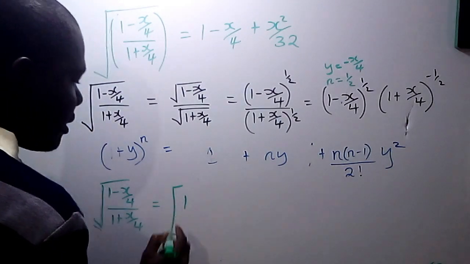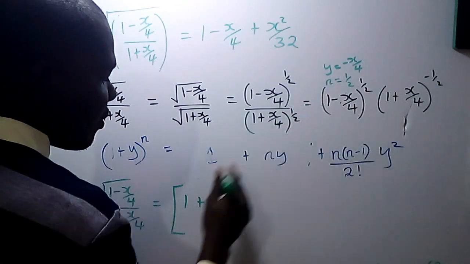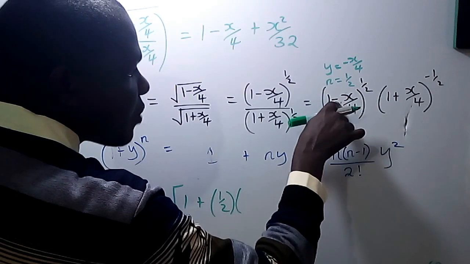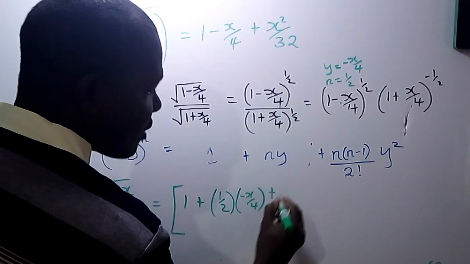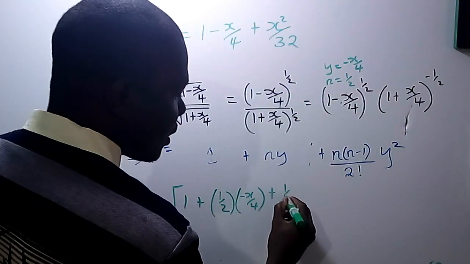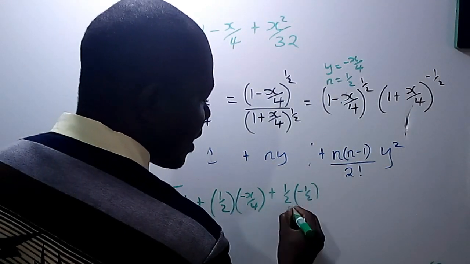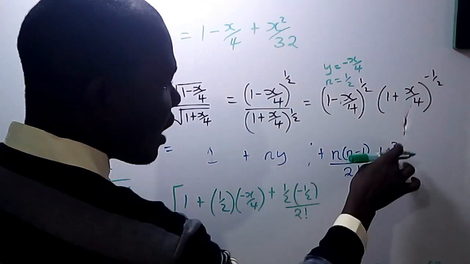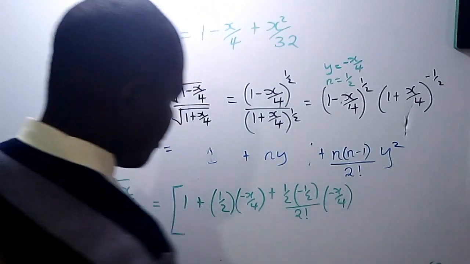We are dealing with this first one: 1 plus n, which for the first one is a half, times y, which for the first one is negative x over 2. Then plus n, for this first one a half, into n minus 1. A half minus 1 is negative a half, over 2 factorial. Then our y is negative x over 4